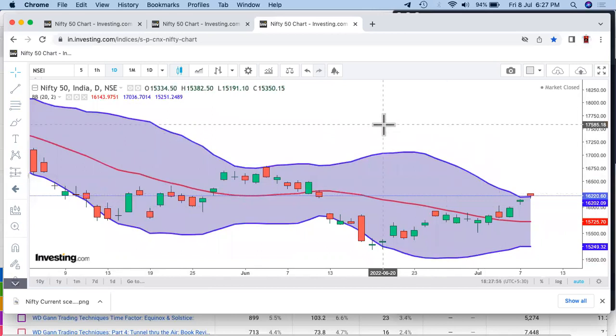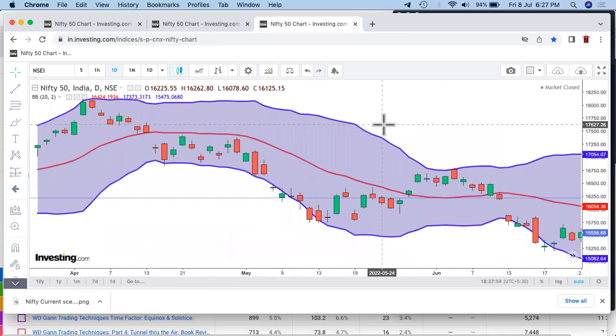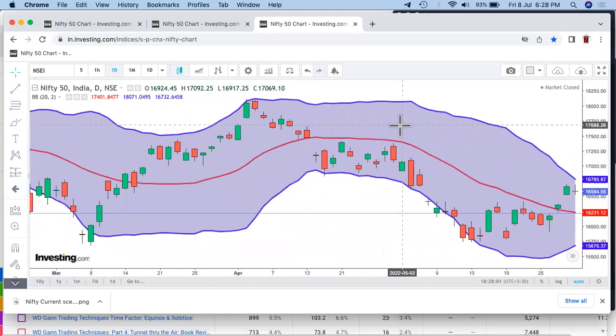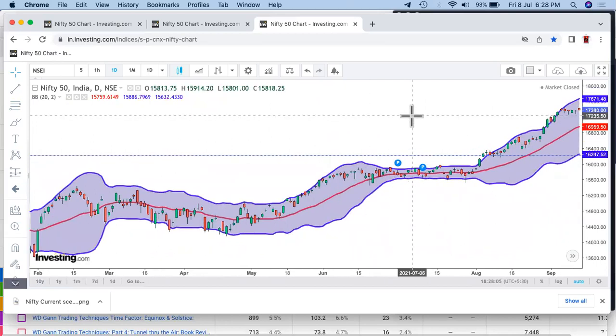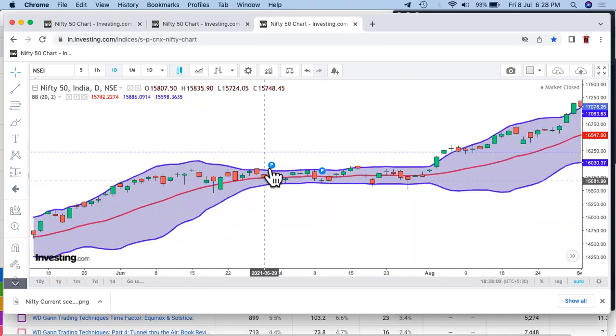Now coming to my most favorite part, which I generally use. I'll tell you the secret, don't worry, right? My most important and favorite part is the squeeze. This is what I use. Now, squeeze is nothing but like a spring action, right? Now, what is a spring action? If you press a spring and try to compress it further, what happens is when you leave the spring after you have compressed it, it just jumps out,